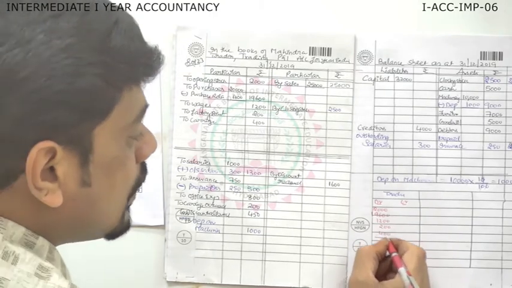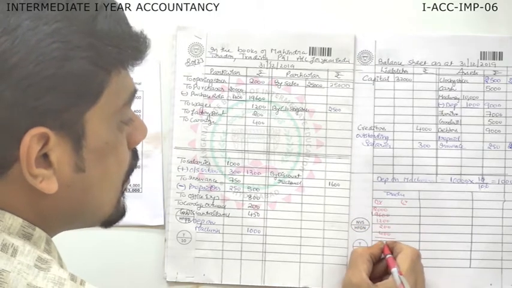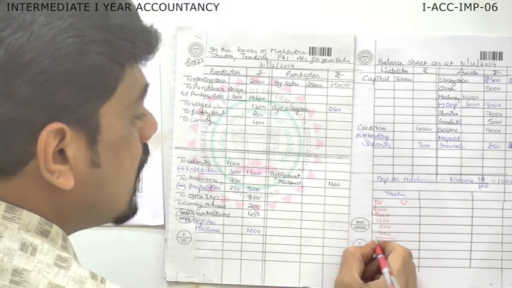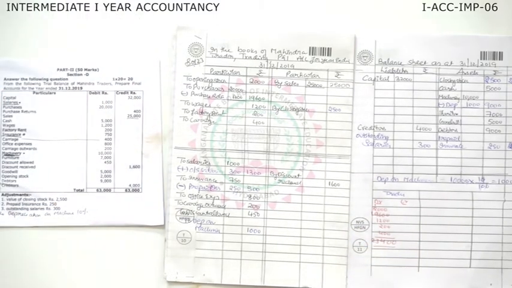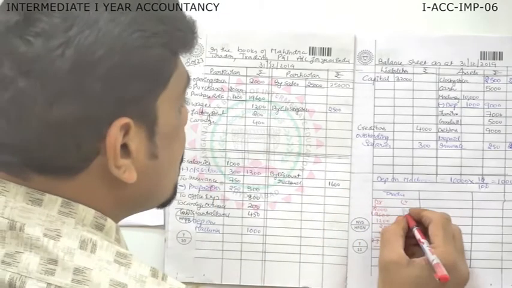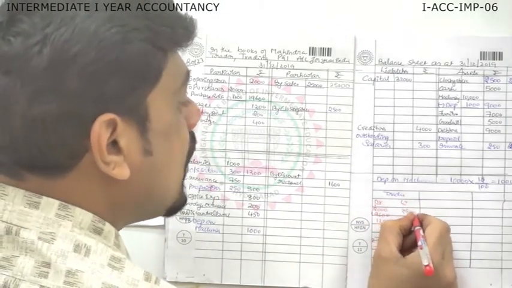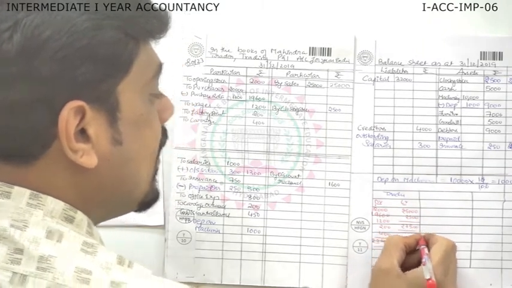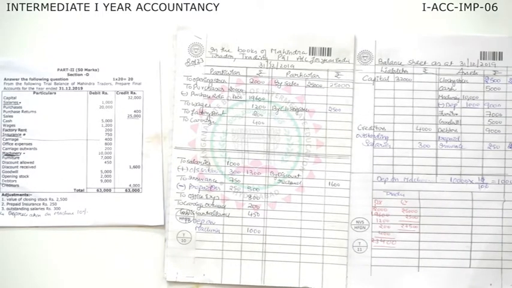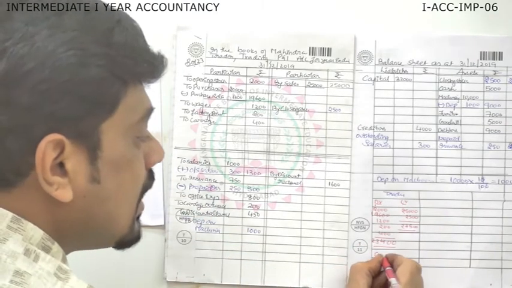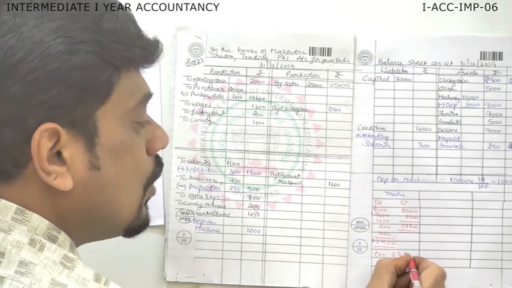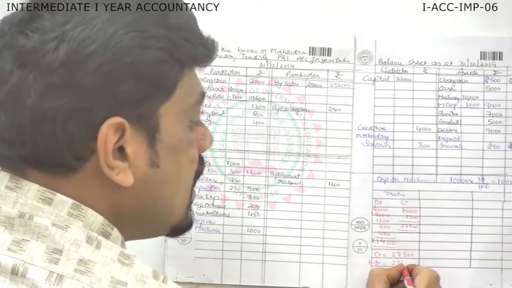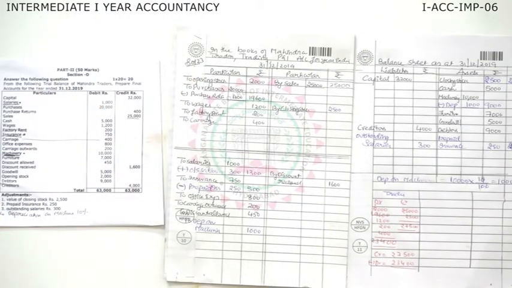0, 0. 4 plus 2, 6, 7, 8. 8, 6, 14. Then 9, 10, 12, 13. 3, 1 carry. 23,400. Now I am writing credit figures. 25,000 and 2,500. I got 27,500. Credit is more. We have space here. Do the working. Credit 23,500 minus debit 23,400. Just to make you understand, I am using red pen.